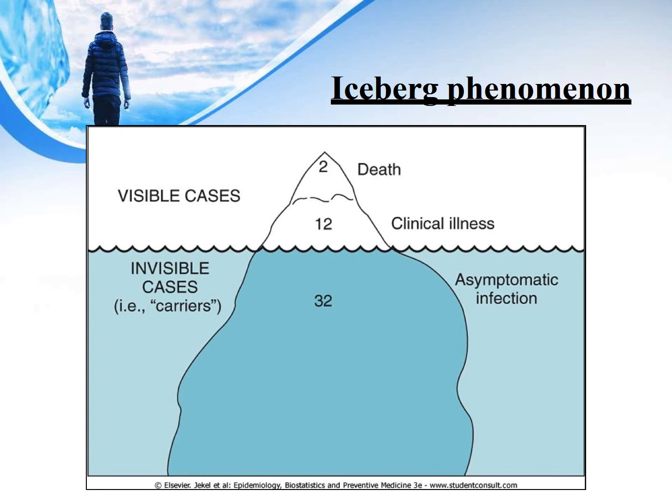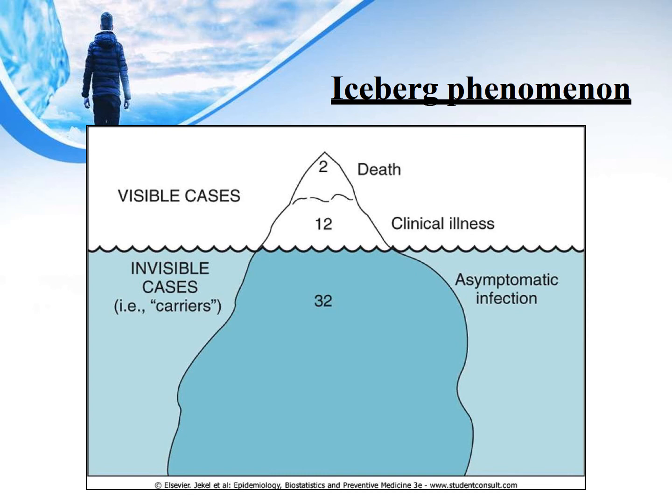The large submerged portion which you see in this picture is the hidden mass of disease: cases that are pre-symptomatic, underdiagnosed, or carriers, which are all responsible for the constant prevalence of the disease in the community. The line of demarcation, or the water surface which you see in the picture, is between the apparent and the inapparent infections. The water surrounding the iceberg is the healthy population.